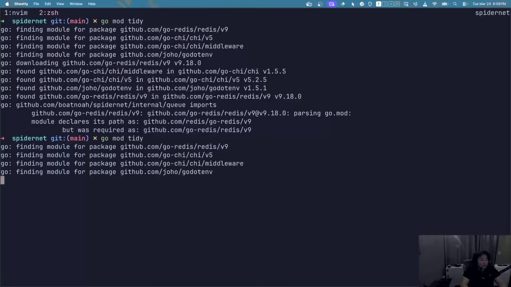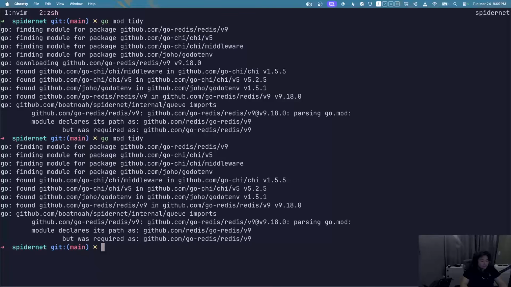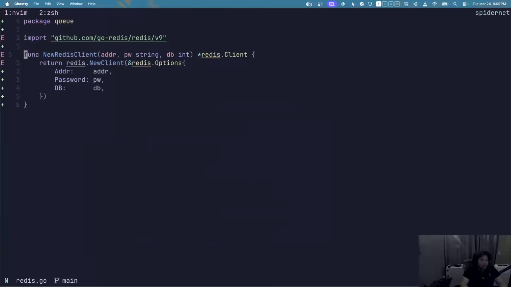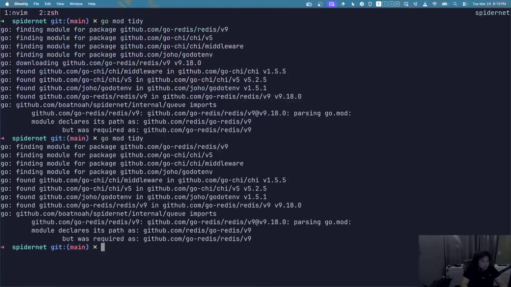Okay, go mod tidy. What? Module declares this path as github.com redis go-redis v9, but was required as